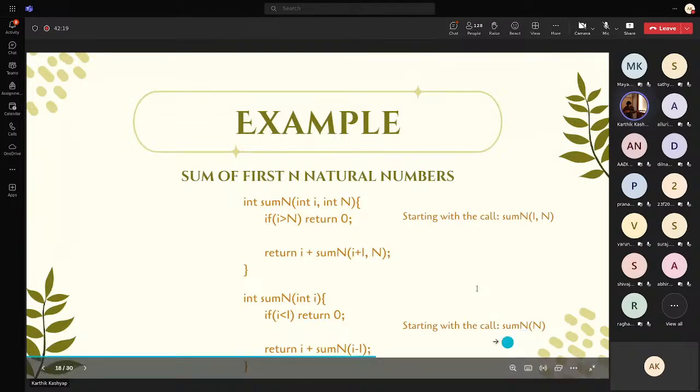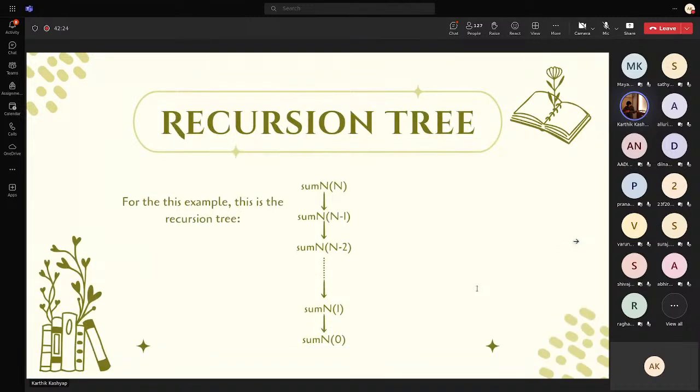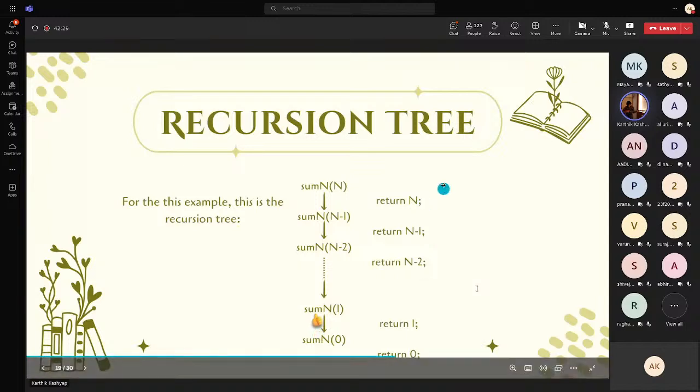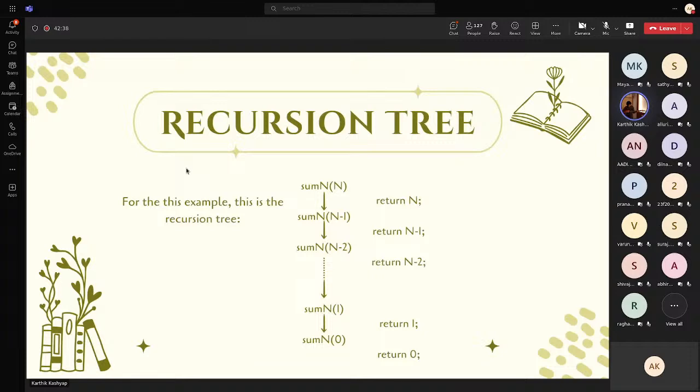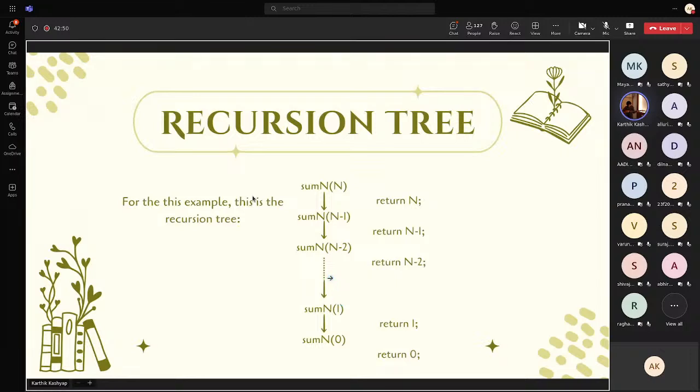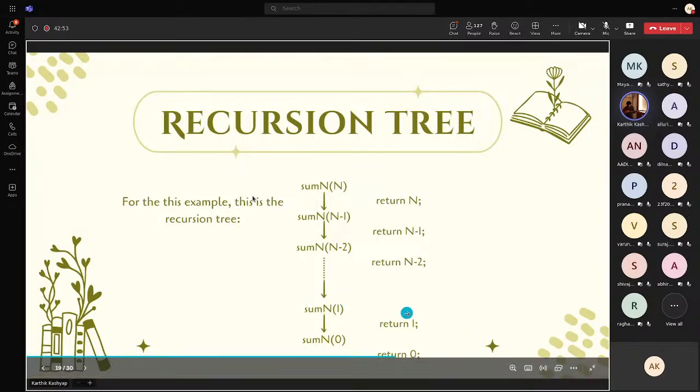Again, we start with sumN of n because we are starting from n and going till 1. So going with the recursion tree for this example, we have return as the operation. Now I have just written return, but these all return to give the same value. I've just written it so that it can give more information. sumN of n returns n and then calls sumN of n minus 1, which returns n minus 1 and calls sumN of n minus 2, which returns n minus 2 and calls sumN of n minus 3, and so on. It keeps doing this until it reaches sumN of 1, which returns 1, and then